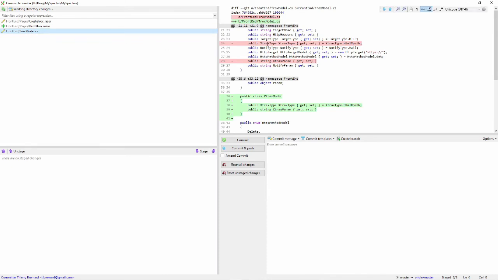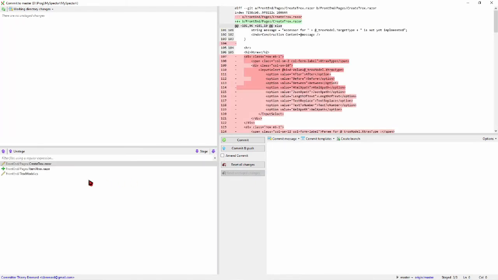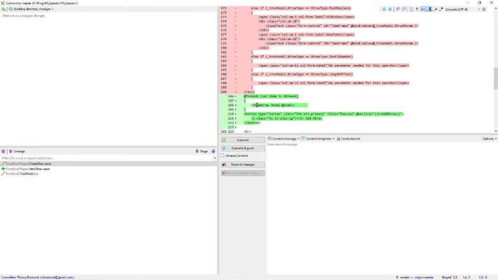So it's more reusable. Then the extract parameter has been removed from the truck model and extracted in a specific extracts model. So this permits creating simpler and smaller objects. And now I can say that I have created the item extracts.